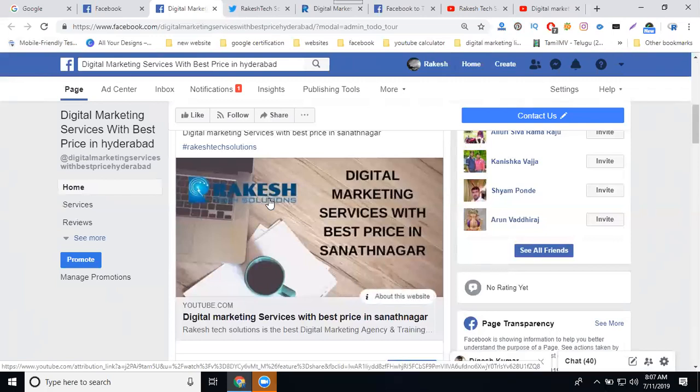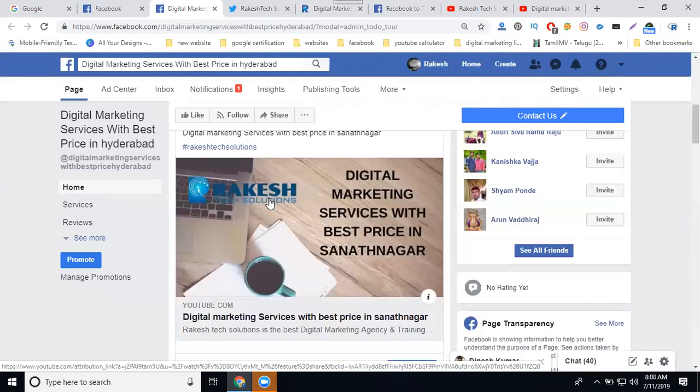Is it clear? This is a very important option: Facebook page to Twitter migration. The posts you have done are automatically posted to the Facebook page and the Twitter wall. So with one login you post to two social networks, one is the Facebook page and the other is Twitter. How many pages can you integrate with one Twitter?